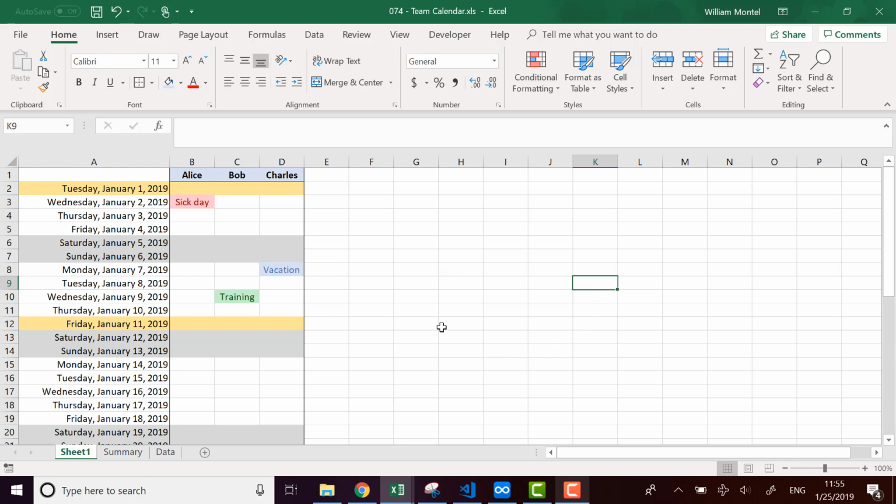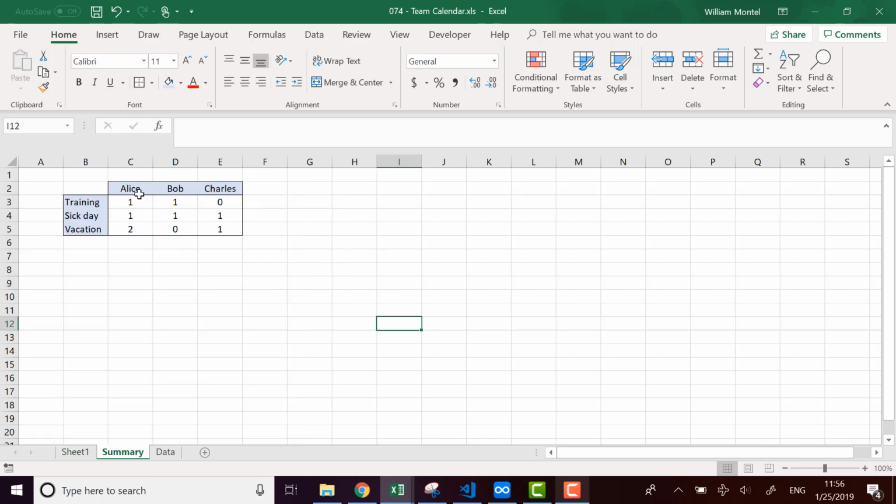Today I'm going to show you how to make a team calendar for the members of a team, which you're going to be able to plan, of course, to display the weekends, but also the holidays and the different reasons an employee might be away. So this way you can input if someone's away for vacation, for training, or for other reasons. You can customize everything, and we'll make a summary of all the days